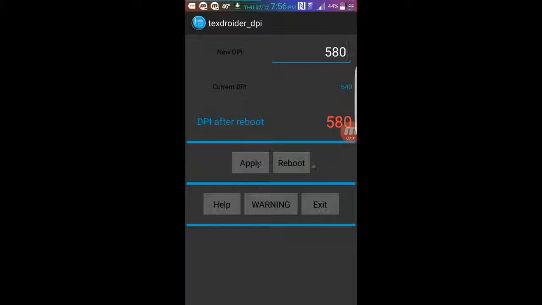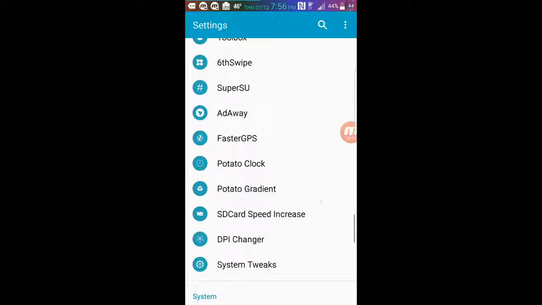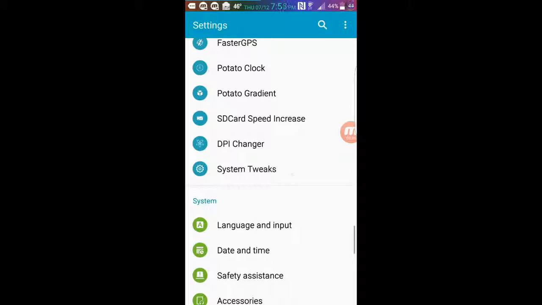And then you reboot, and once you reboot, it will change to 580, but I like 640, so I don't want to change. But if you want to, you can play with it, but stay within 560 to 640. If you go higher or lower, it will crash. Okay, so